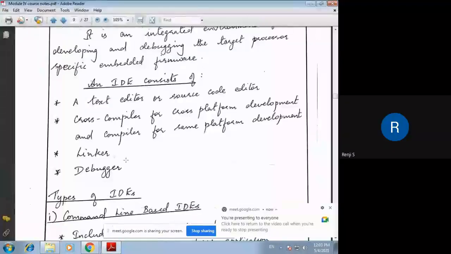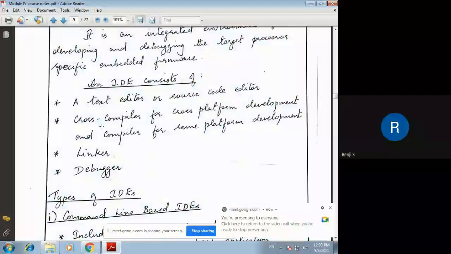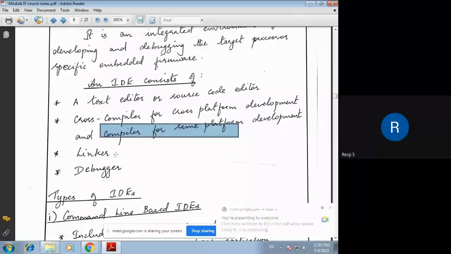The cross compiler is for cross-platform development, because we are developing on our PC and then transferring it into the target board where there is another processor which needs to run the object code. And a plain compiler is for same platform development, while a cross compiler is for cross-platform development.